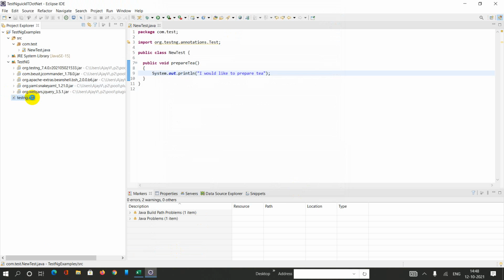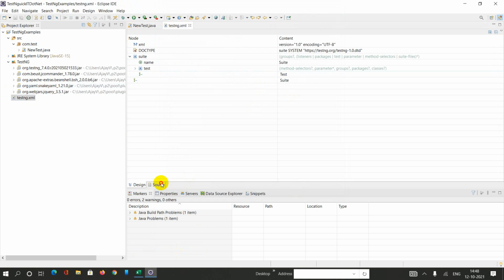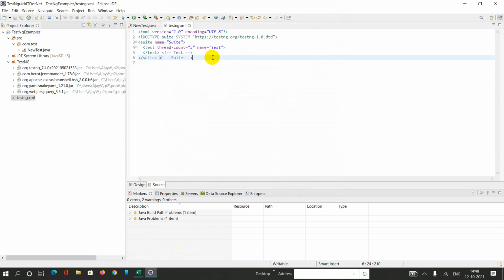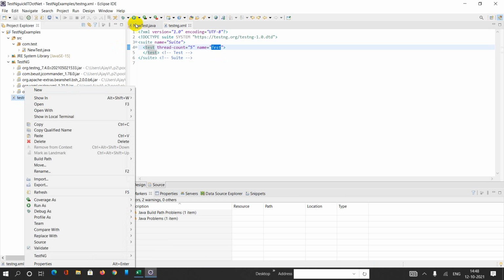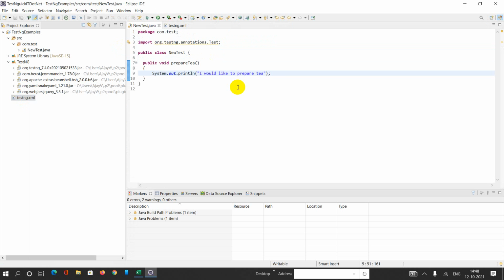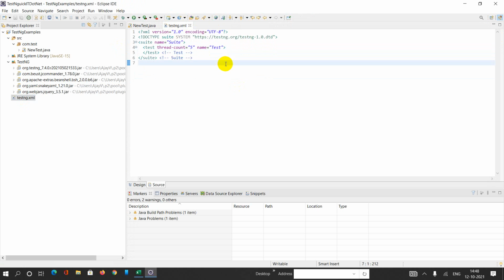Can you see this XML file, having a Source tab? Here the name is test, right? What is the class name over here? The class name I need to define in my XML file.